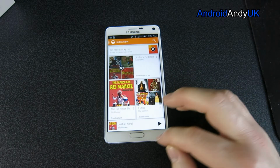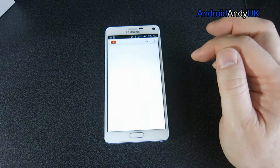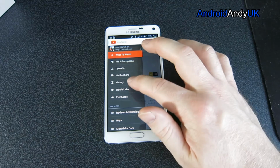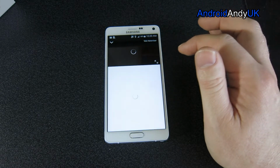Obviously I'll be able to go into more depth. I'll do some head-to-heads in the review. Let's take a quick look at how the screen looks. Now, mind you, I think the YouTube app has been the best I'm going to...